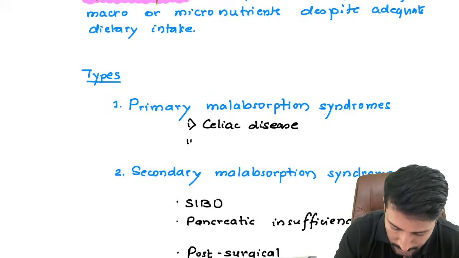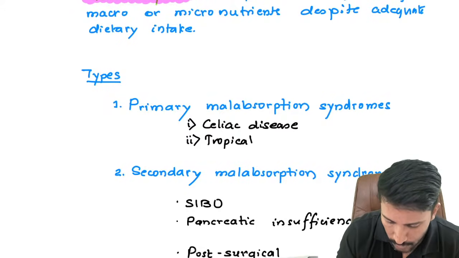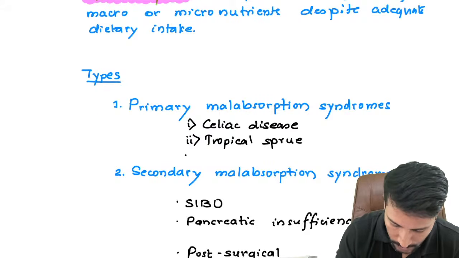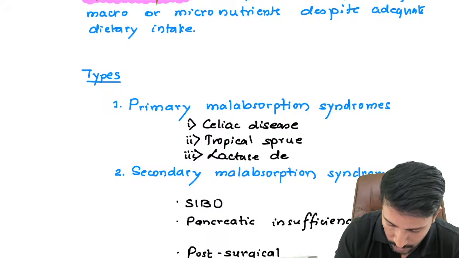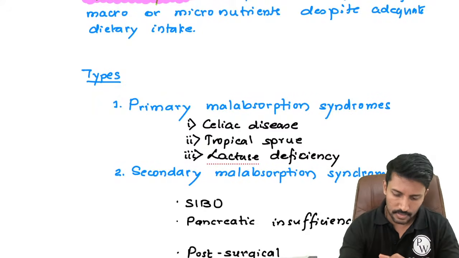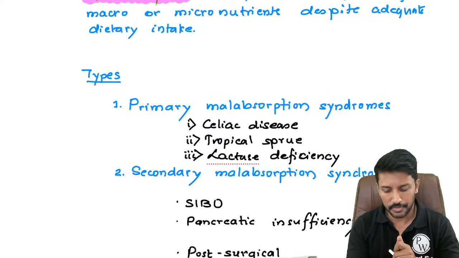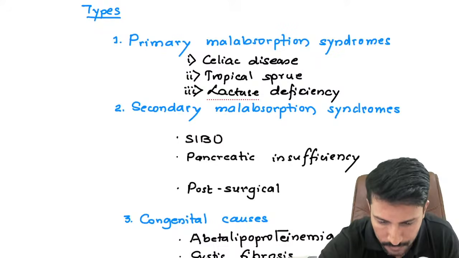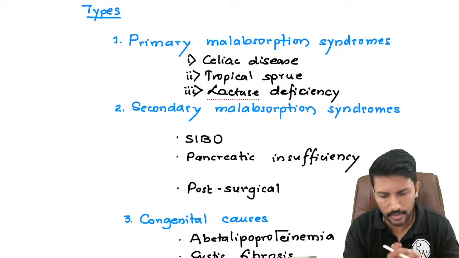Okay. Then second, tropical sprue, then lactase enzyme deficiency, or you can also write it as disaccharide deficiency. So these patients' main clinical outcomes are related to malabsorption, right? But then we can also have... Shiv, we will be discussing the questions on IBD also. We will go there and discuss about it.